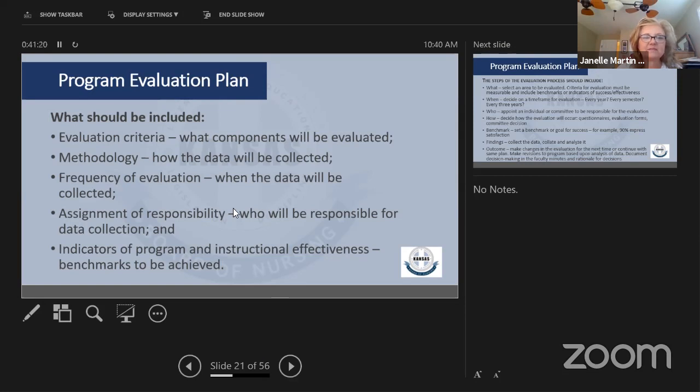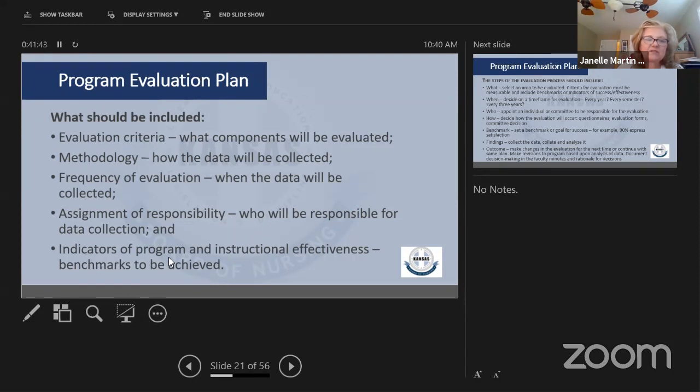Those are all pieces. Methodology: how is the data going to be collected? How often are you going to collect it? What's reasonable? What's responsible? Making sure there's a responsible person for the data collection, or a responsible tool, and who's responsible for making sure that that data gets collected and reported.